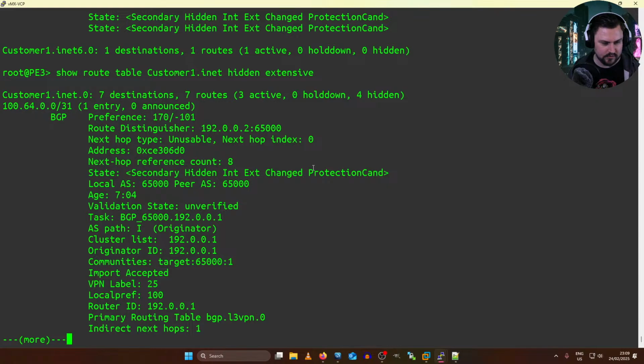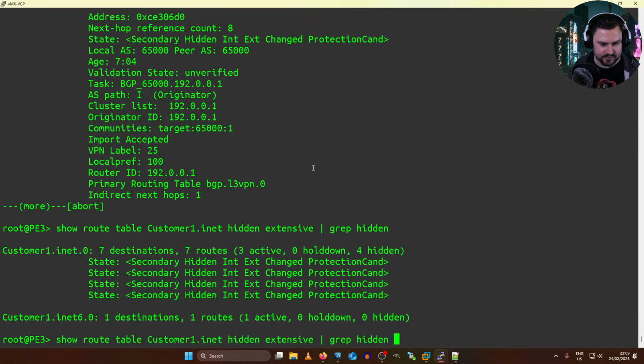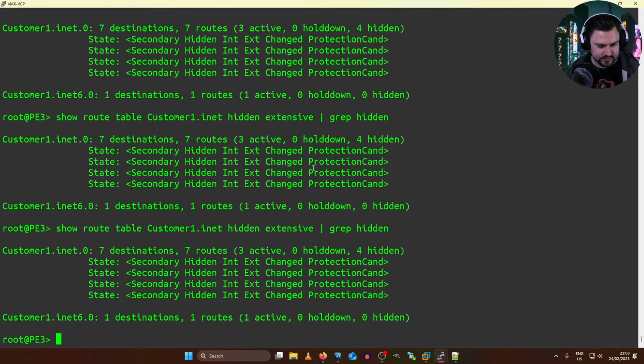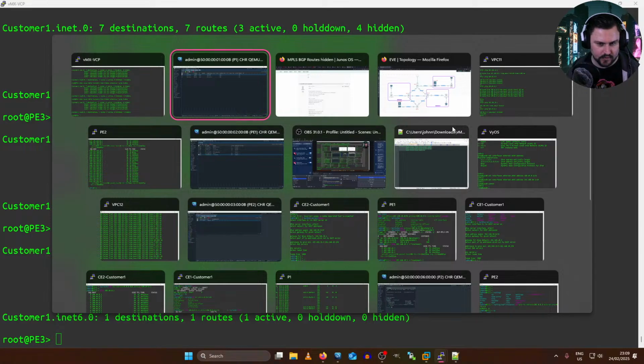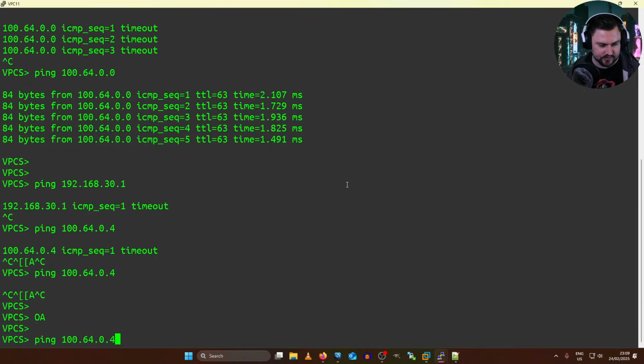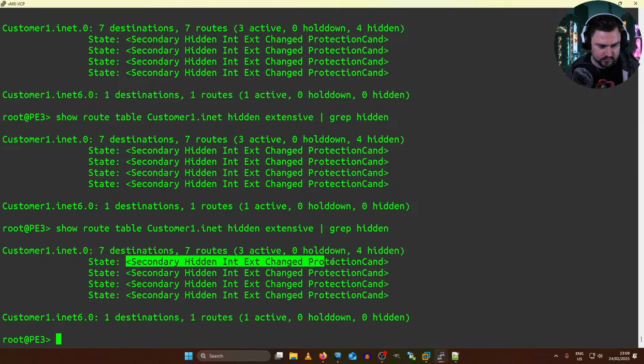Not seeing hidden now. No, I'm seeing hidden. Never mind. It probably just wasn't connected yet. Still the same reason. Let me just see from my VPC. Still timing out. Can I at least still get to my old devices? Yep. Okay. So let's just Google a bit more. I'm sure there's something that I can force with the routing options or a route policy to make it work.